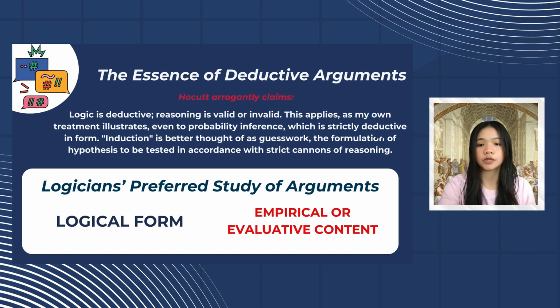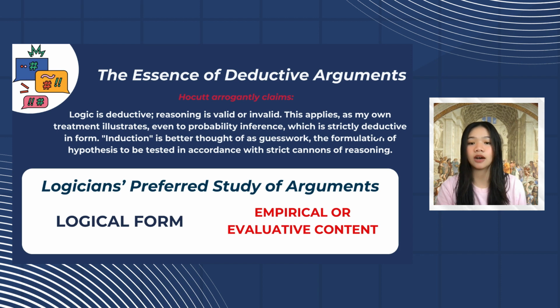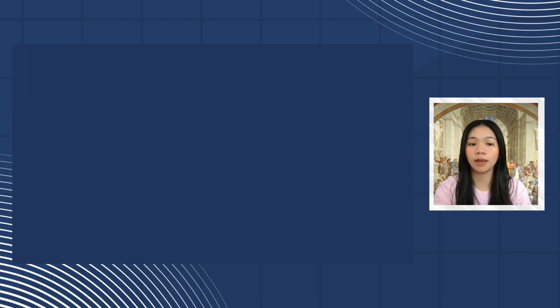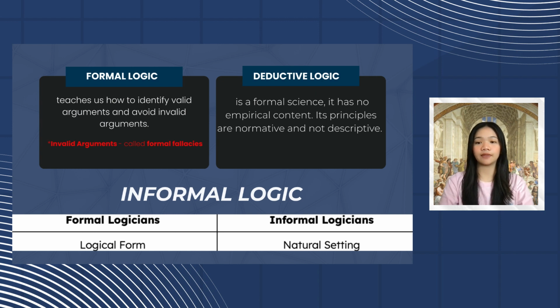It was also by this property of an argument that logicians prefer it as the standard of validity or invalidity, and invalidity is applicable to any and all possible worlds. Formal logic is described as a tool that helps us identify valid arguments and avoid invalid arguments. These invalid arguments are also referred to as formal fallacies, as they are invalid but are still formal in form,